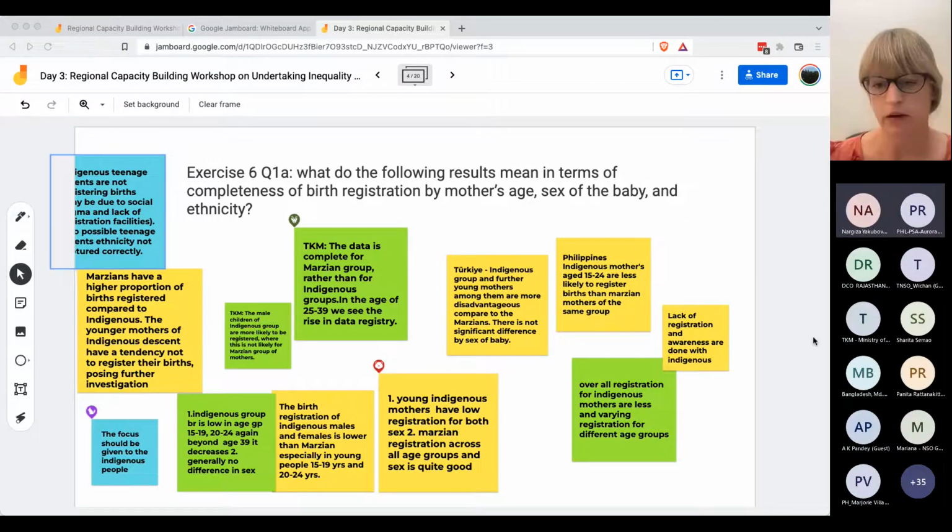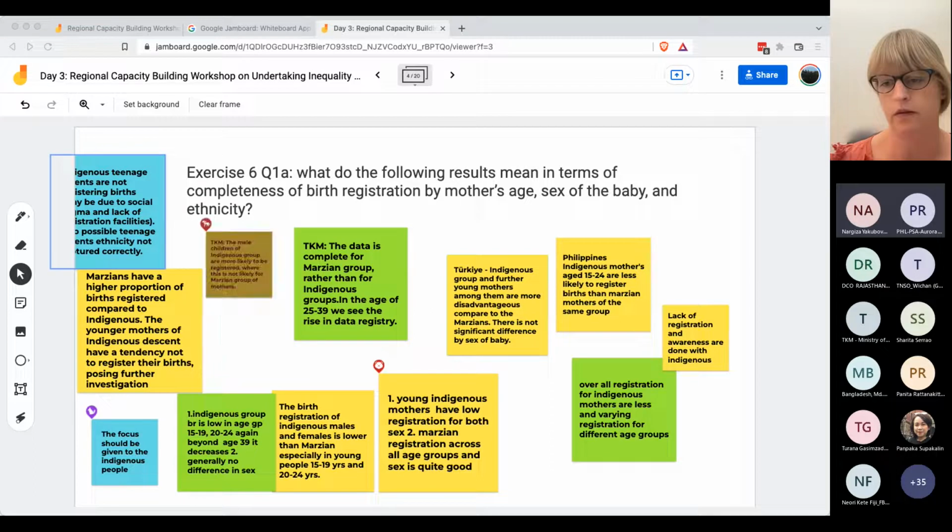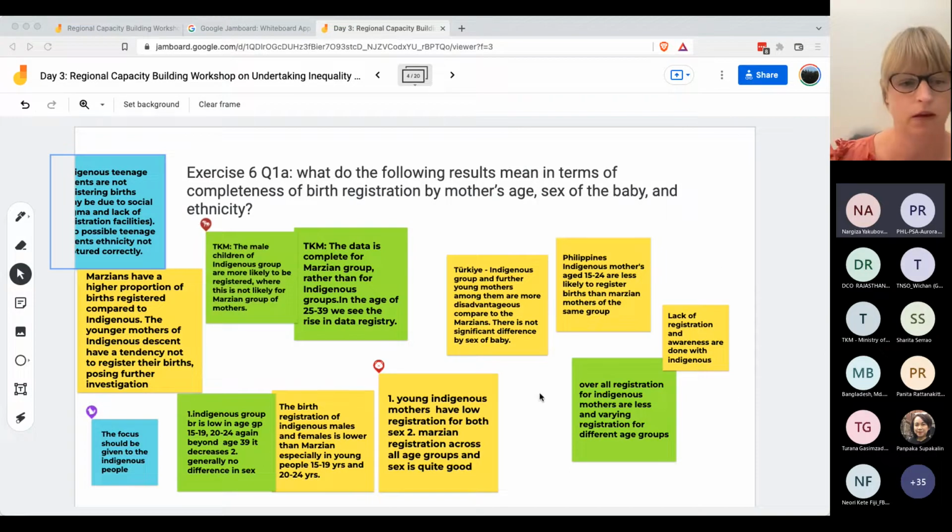Okay, if you haven't already, just take a minute to vote on what you think about sex differentials. Do you think males are more likely to be registered than females? Do you see that in the data? Yes, no, or I don't know. And then when we come over to look at our Jamboard,